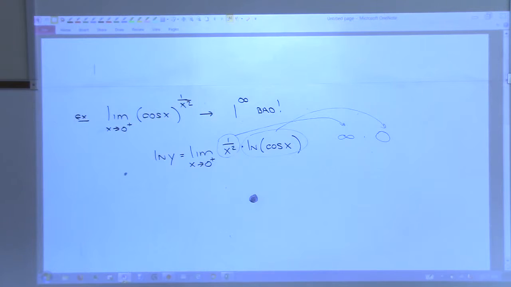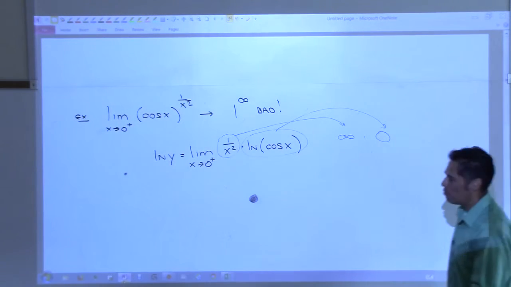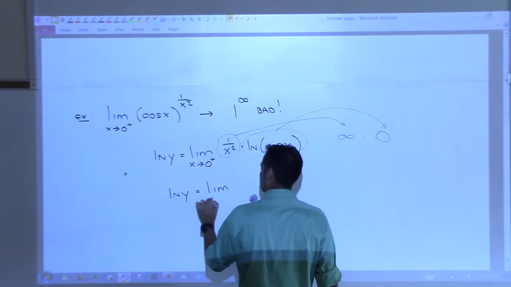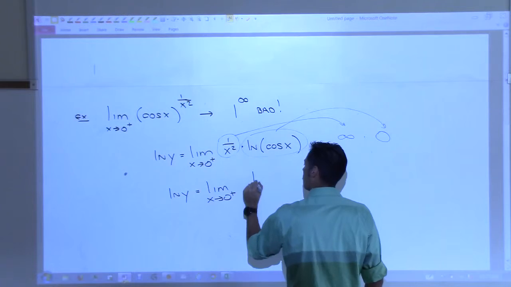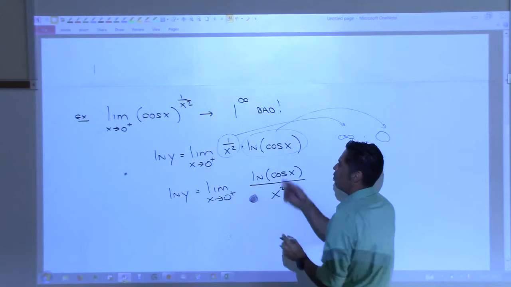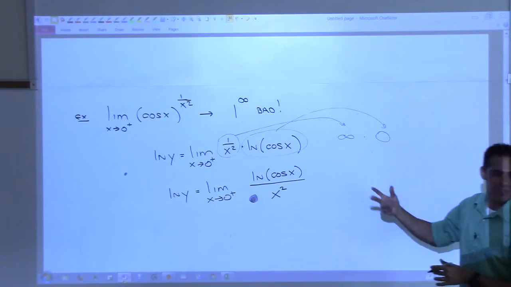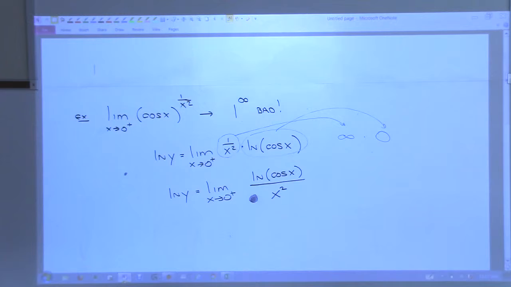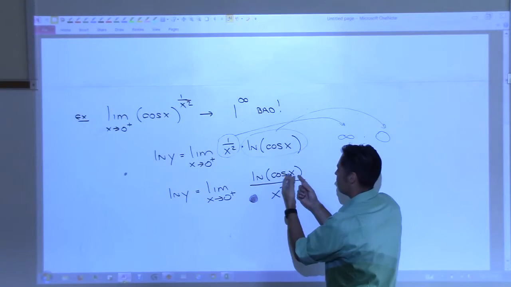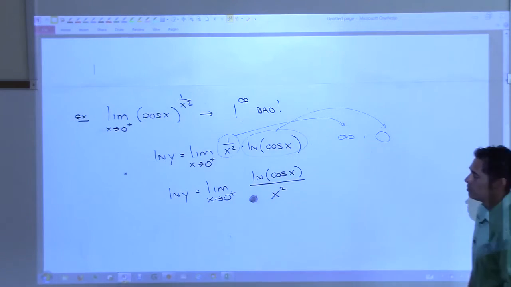So now I'm going to take 1 and drop 1. And I think the easiest one to drop would be the 1 over x squared. Because what would happen if you dropped 1 over x squared? What would it actually turn out to be on the bottom? Be careful. Just x squared. It's just x squared because you're actually doing 1 over x squared, so when it drops it's really x squared. And now if you double check again, x goes to 0, you get cosine 0 is 1, natural log of 1 is 0, so you get 0 over 0. So you can do L'Hopital.